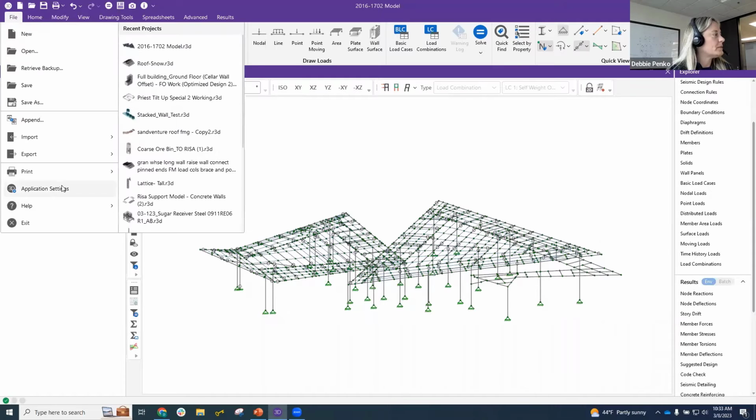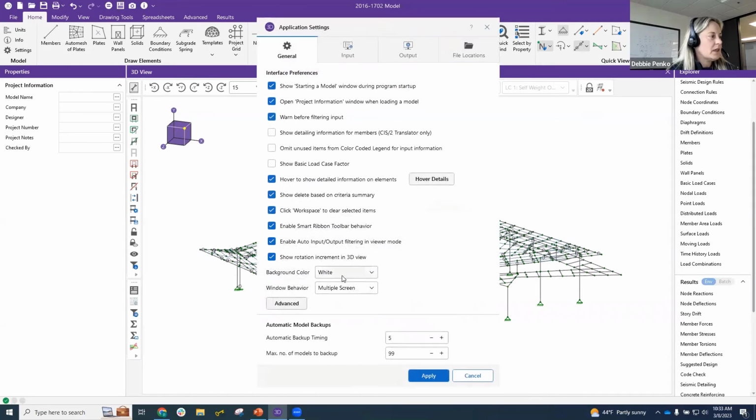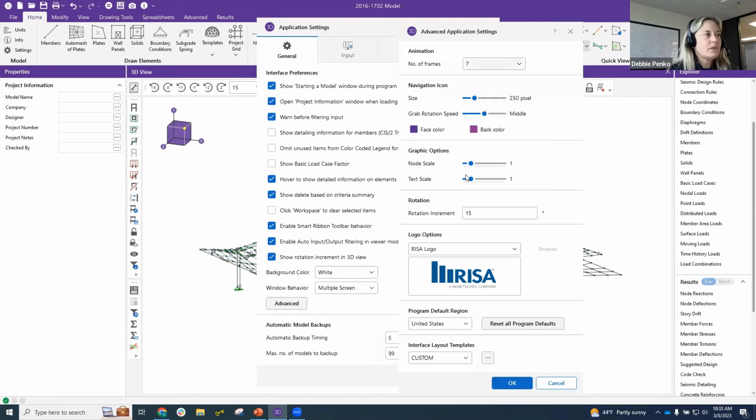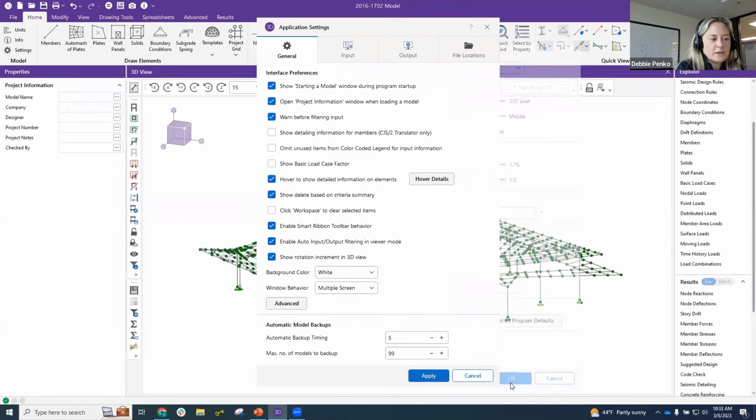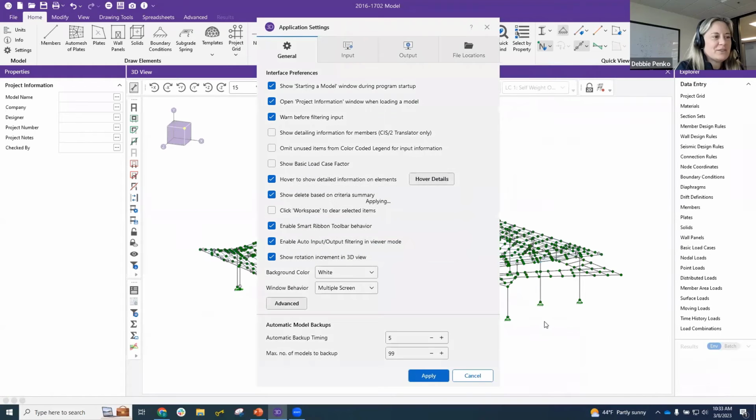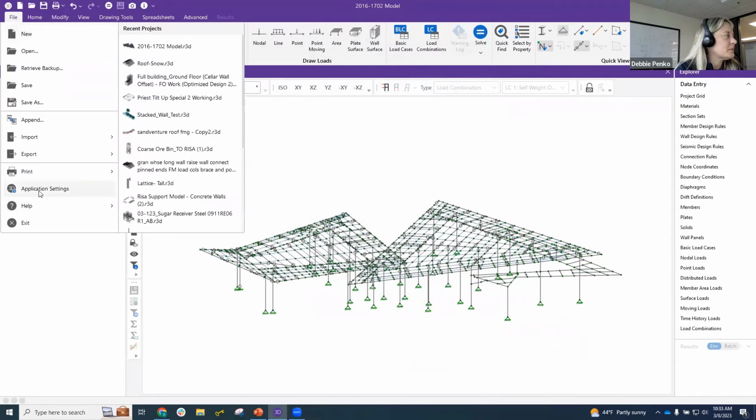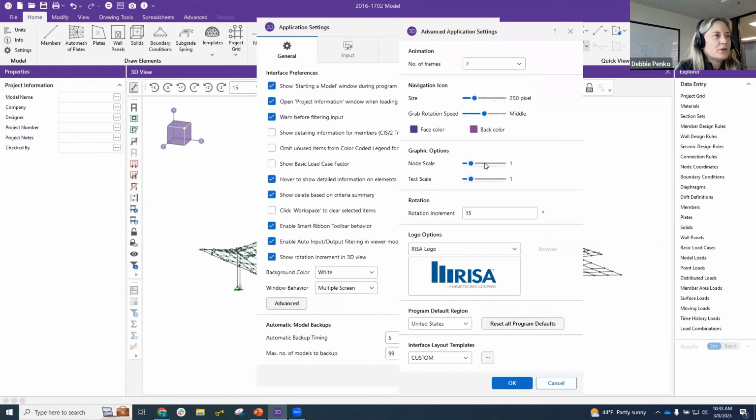Lastly, one little other nugget of fun in the application settings. I'm going to turn off my click to workspace. I'm not good at that. I like to use escape instead, but there is a cool tool in here. If you push on the advanced button, some folks really like to increase their node size, and it just helps you to see better. Even your text scale, you can increase this, and I'm just going to show it kind of larger. I just deleted it by accident, but you can go ahead and increase this to, let's do something a little strange, large,